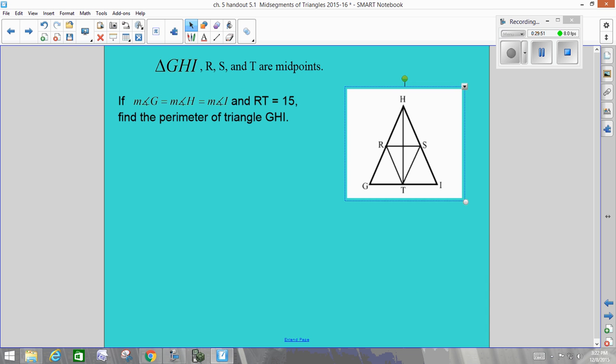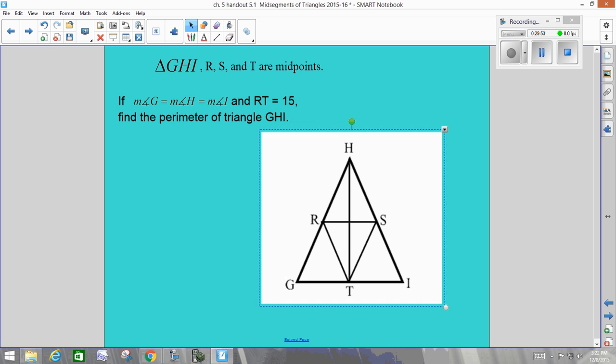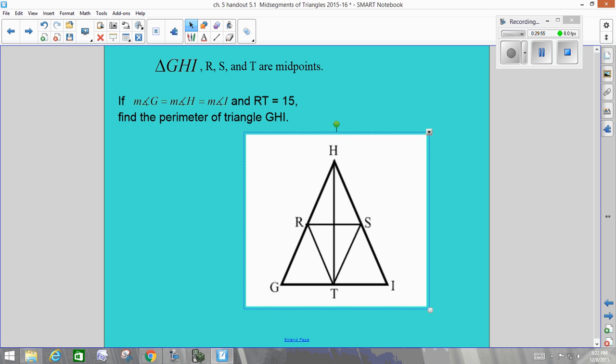Last one. The measure of G equals the measure of H, which equals the measure of I. So when angles all have the same measure, what do we say about them? They're all congruent. So it's what kind of a triangle? Equiangular, equilateral. If RT is 15,